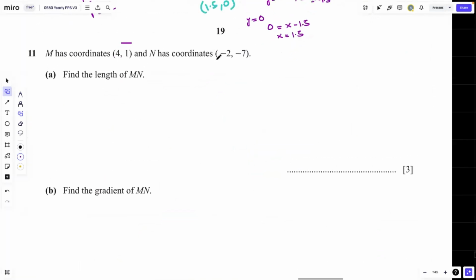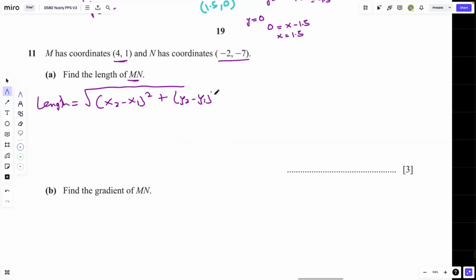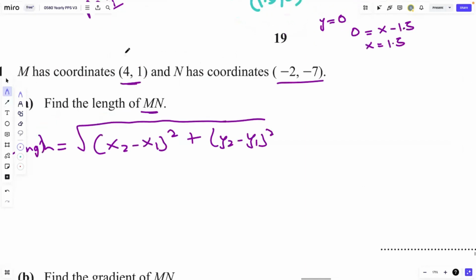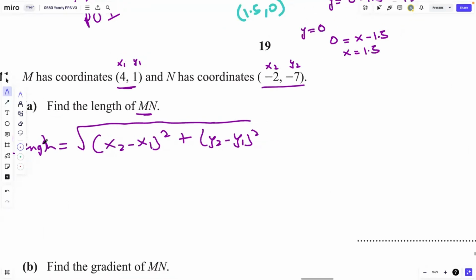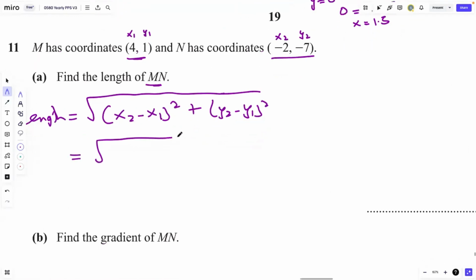We have the coordinates of m given and coordinates of n given. So we're supposed to calculate the length. Now the formula for length is under root, bracket open x2 minus x1 whole square plus y2 minus y1 whole square. It's under root the whole thing. Now we can just for reference mark this as x1, y1, x2, y2, so we do not make a mistake in putting the formula. So that's mn equals to,